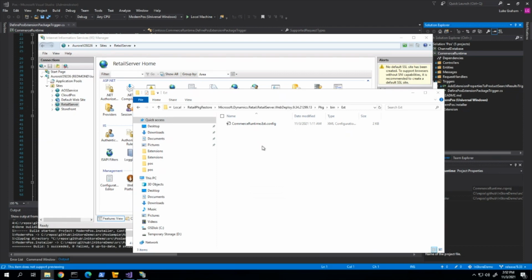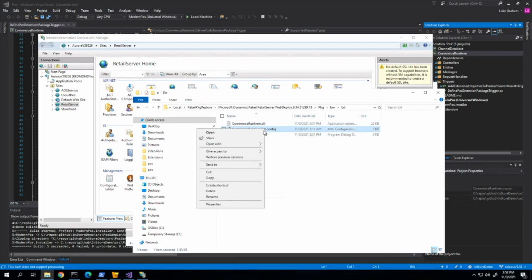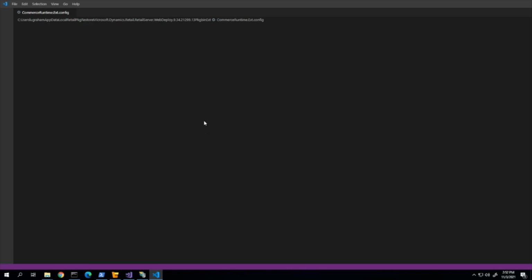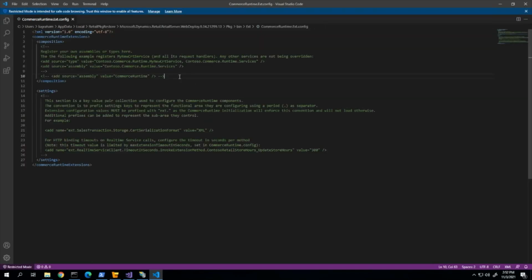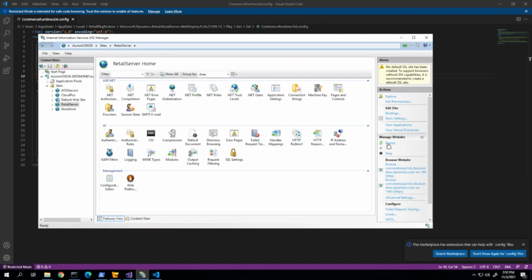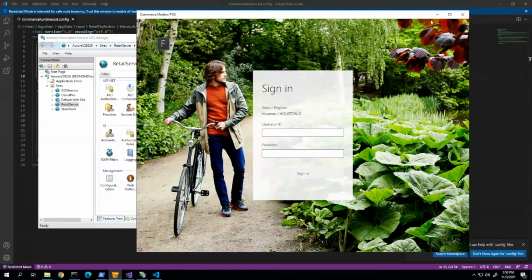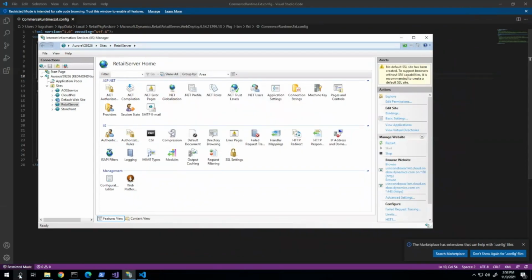I'll drop these and open the config file. You can see here I've already pre-added this. Go ahead and uncomment that line. That'll get our CRT extension enabled, and we'll restart the retail server website. Now with that done, if we relaunch POS,